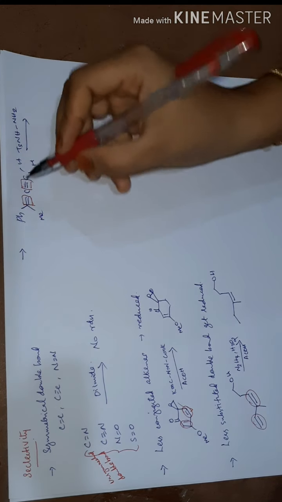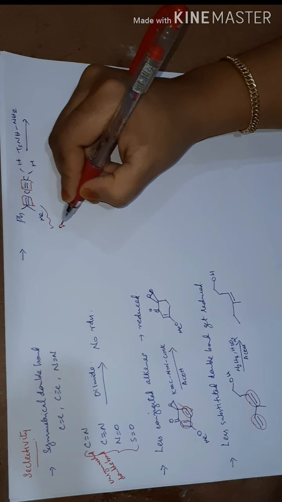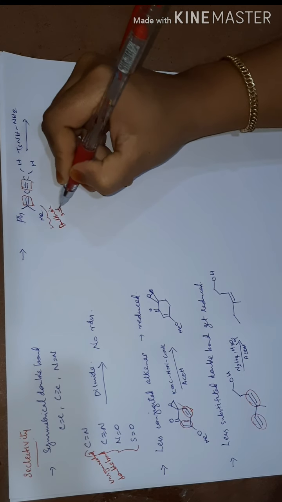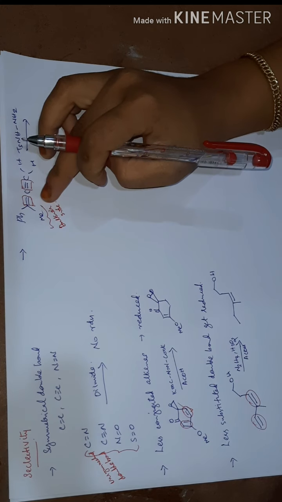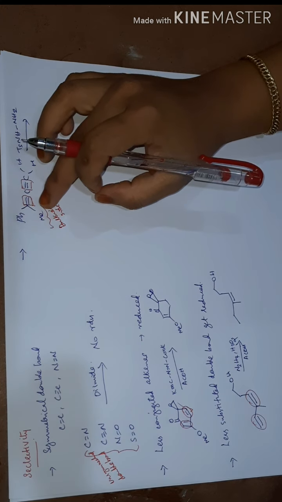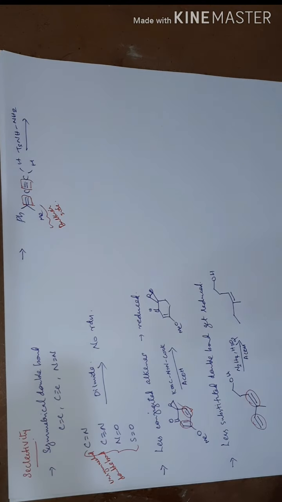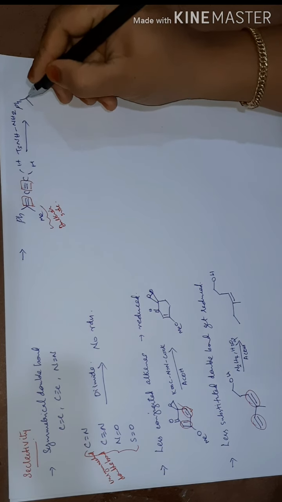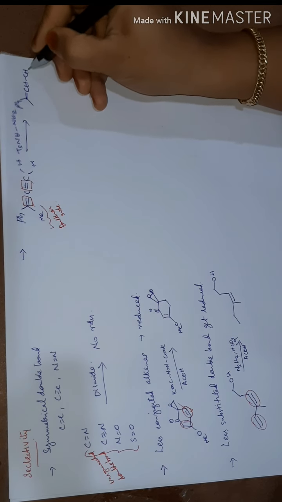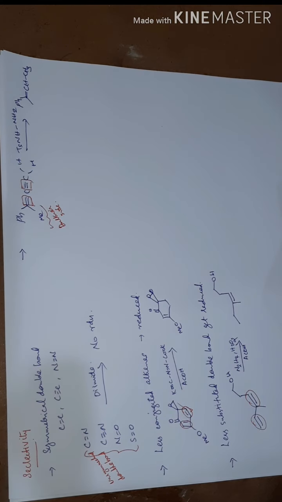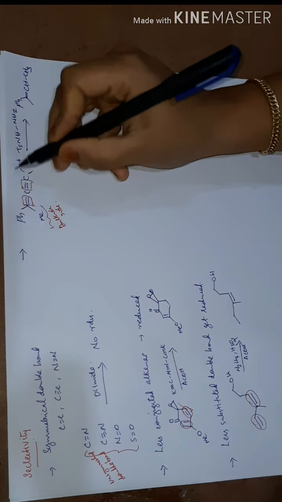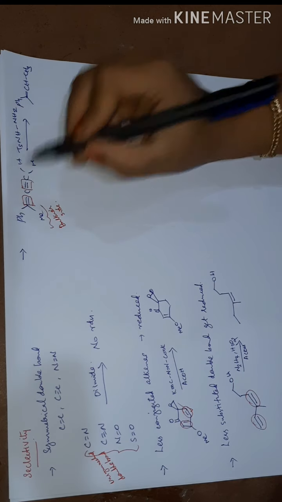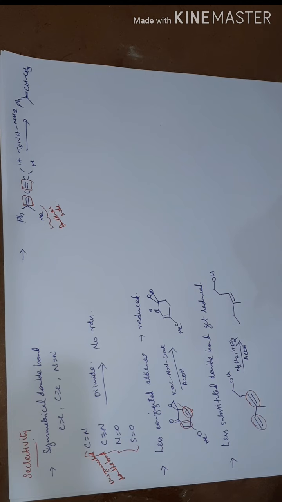So comparing to this molecule, this position is a bulkier side, and due to the presence of this bulkier side, the chance for syn addition is less here, and hence the product formed will be like this. This will be the reduced product formed, that is, only this position is reduced, keeping the first position as such. So this is the next point to be considered during the selectivity of this diimide reduction.